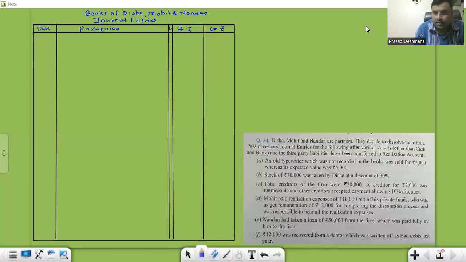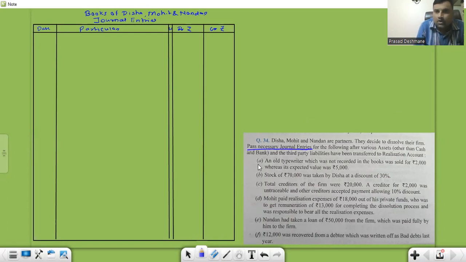Okay, so this sum is about only journal entries. We are not going to prepare any account. They are asking about journal entries. If you see in the requirement, I'll read the sum for you. Disha, Mohit and Nandan are partners. They decided to dissolve their firm, pass necessary